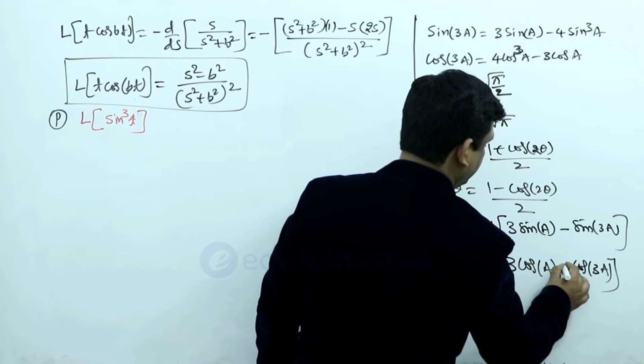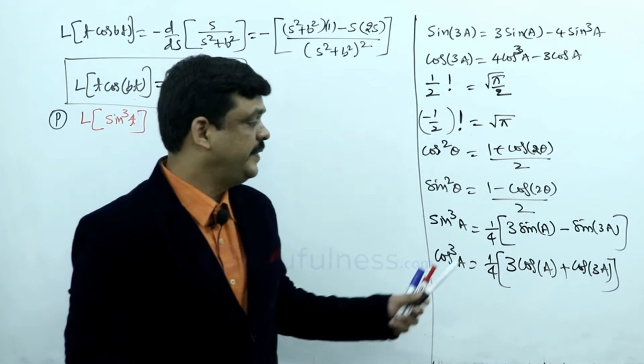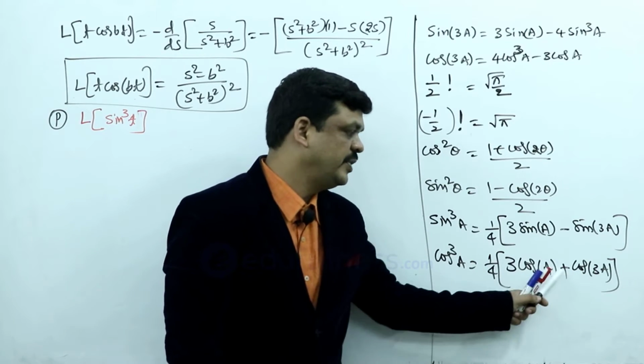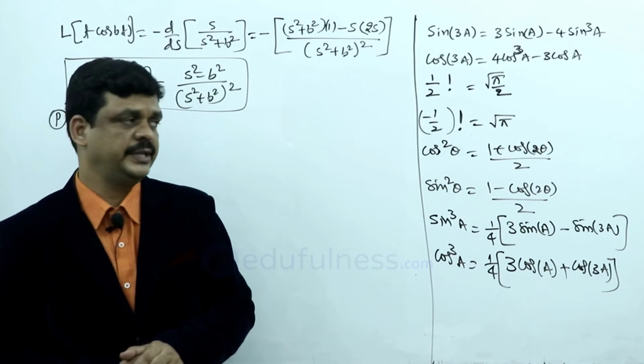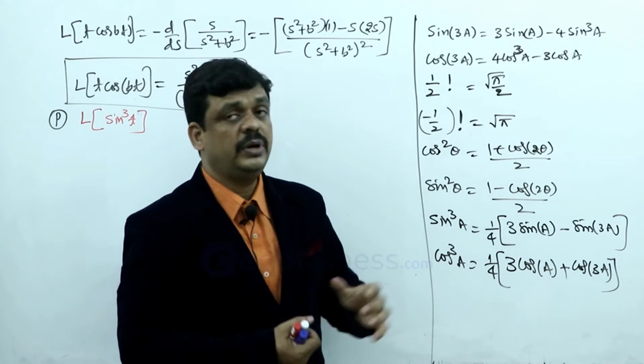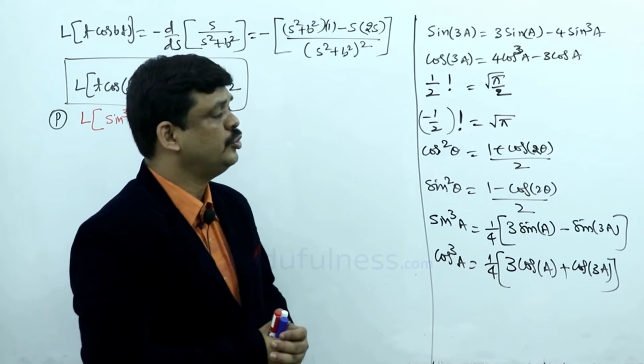Minus means here, plus is there, so write plus here. See, for the sine function it becomes minus, and for the cos function it should be plus. So these are the standard mathematical equations. You have to remember these equations. And similarly, one more formula is there, that is 1 by 2 factorial.